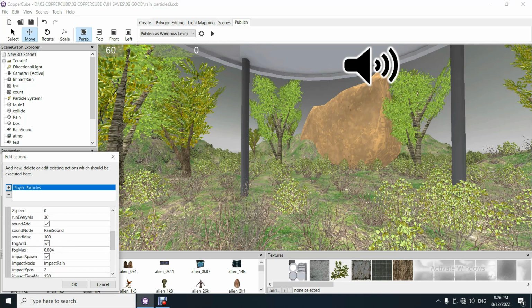You can adjust the sound volume as you increase the current particles. So you start off at 0, or you can start off at maximum if you want. I just started off at 0 so you can see it building up. It can also adjust the fog automatically. It also has an impact